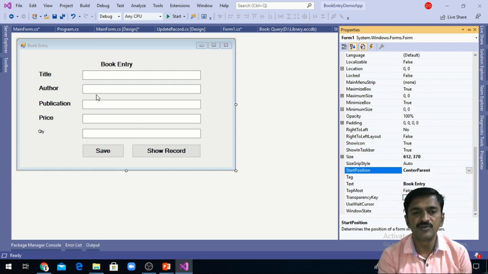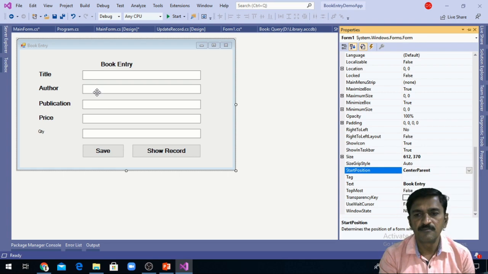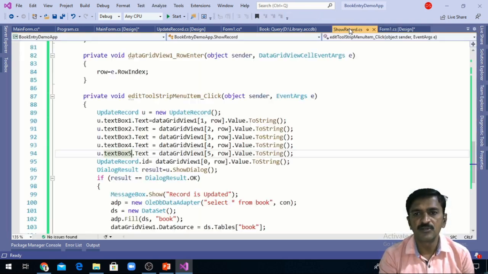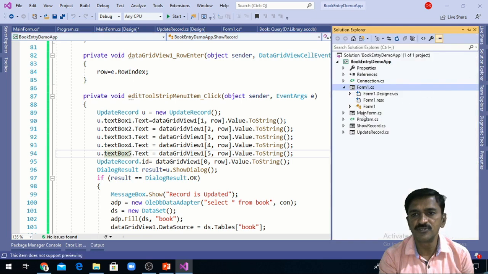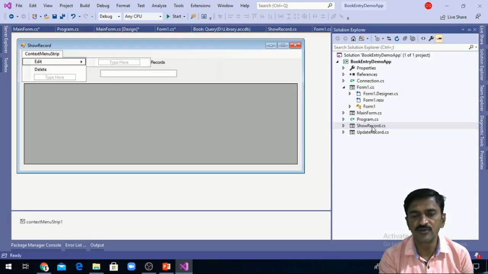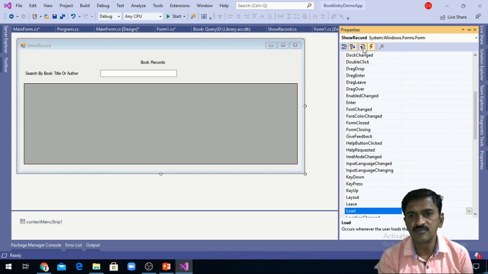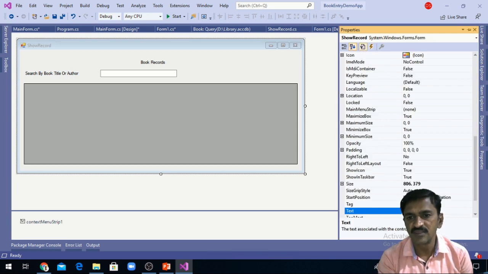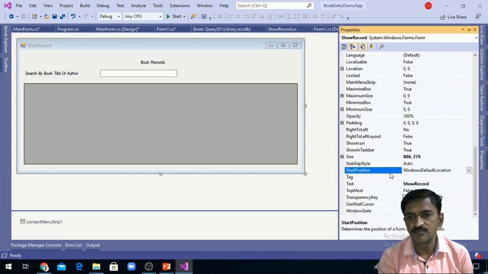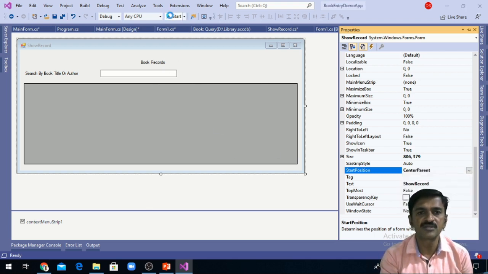This form should be displayed at the center of the parent form. Again I am going to change the same property for the second form, the show record form. So I have selected this form, and I am specifying the StartPosition property as CenterParent. So this form will be displayed at the center of your screen.